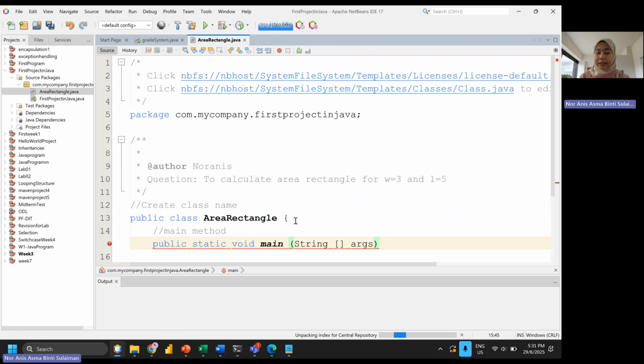So this is required as an argument. The purpose of creating the main method here is to manipulate all the given inputs in order to do the process and produce the output. Okay, so open the curly braces.